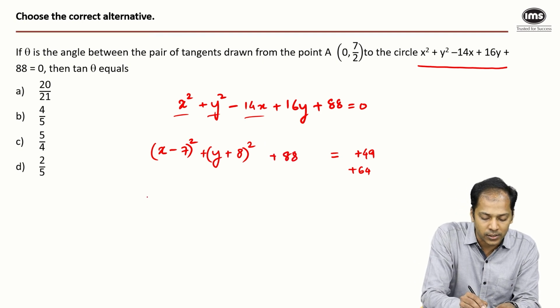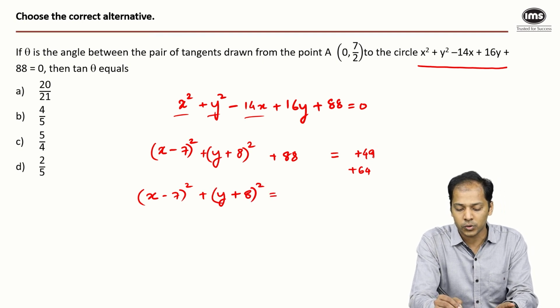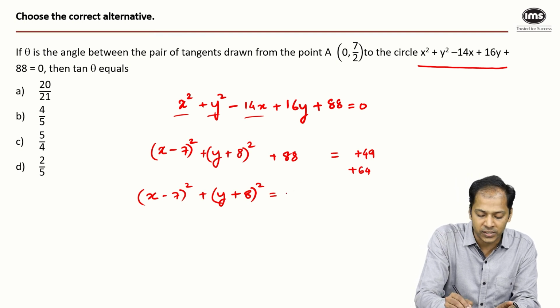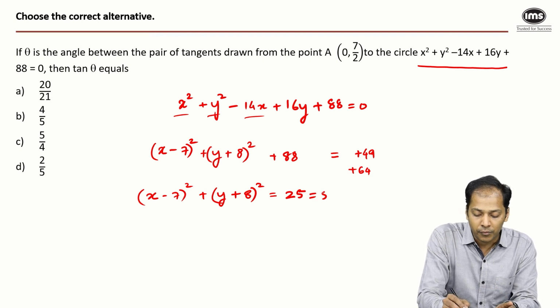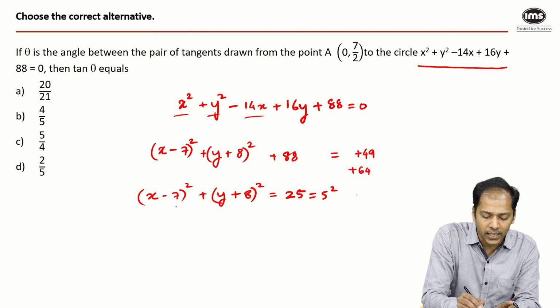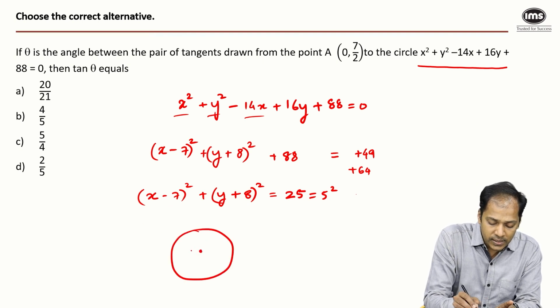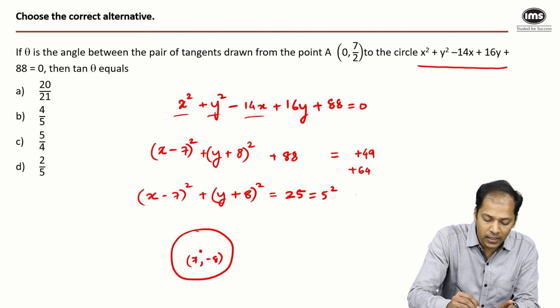If I rearrange all the terms, I get x minus 7 the whole square plus y plus 8 the whole square is equal to 49 plus 64, so that will be 113, and minus 88, since 88 goes on the other side. So that gives me 25, which is nothing but 5 square. So I realize that there is a circle whose center is (7, minus 8) and whose radius